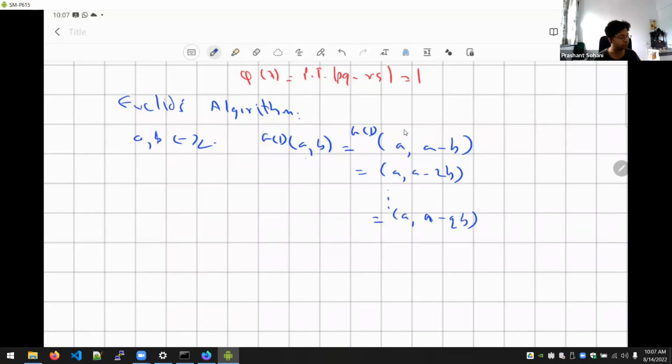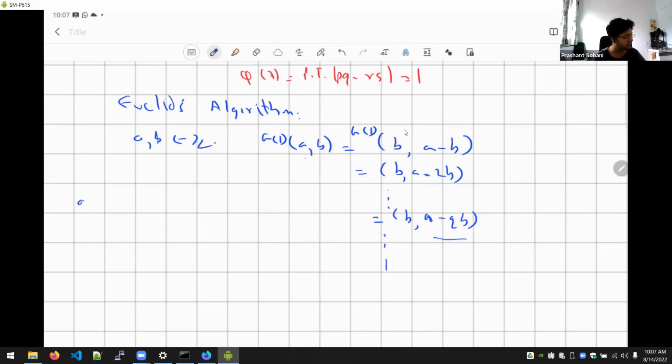And what this will achieve is that, without changing one number, it is going to keep reducing the other number. Sorry, let me write it as B comma. So I'm subtracting a copy of B every time from the second term, and I can keep doing this until it becomes negative and keeps going toward minus infinity, but that is pointless. What we achieve is that if this number is as close to zero as possible, then it can be used as a starting point to restart this chain.